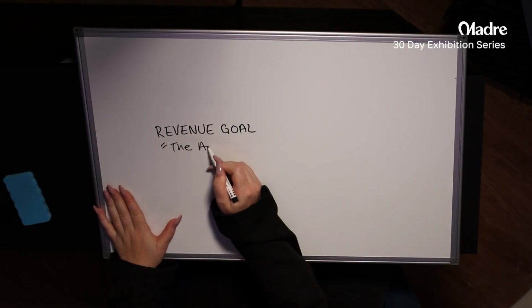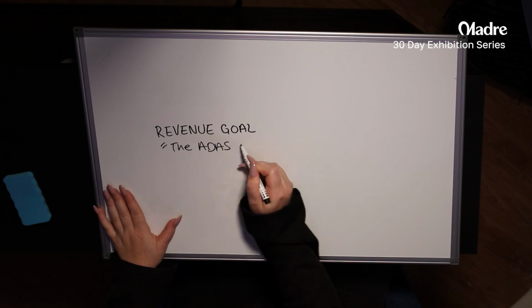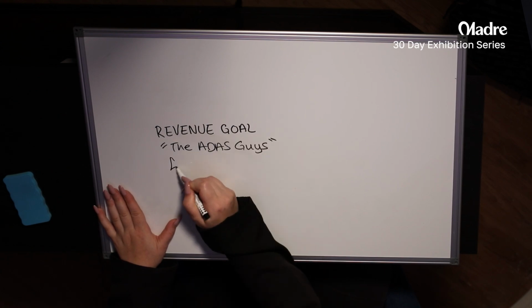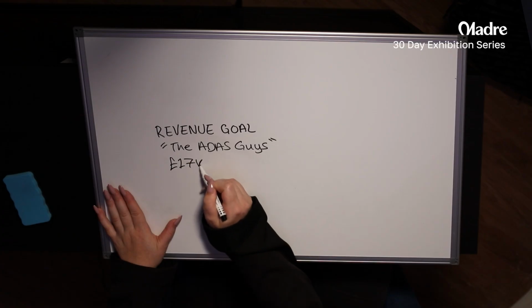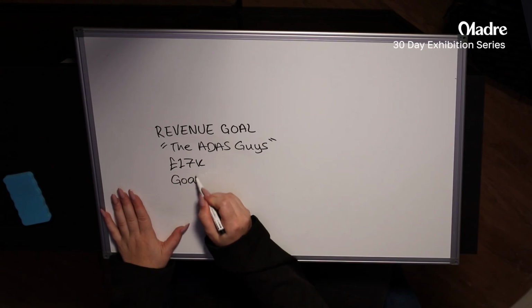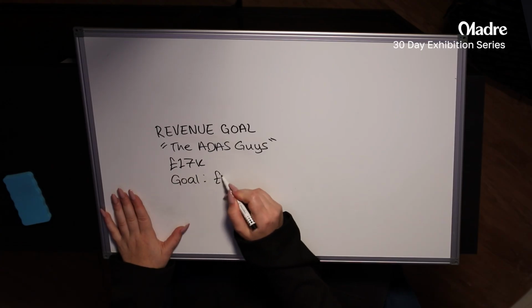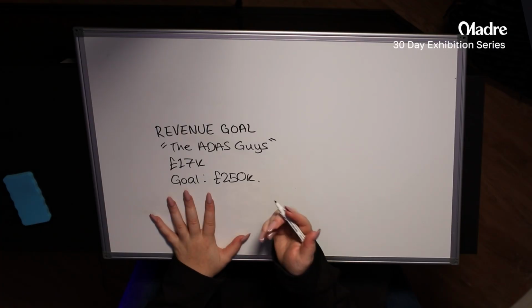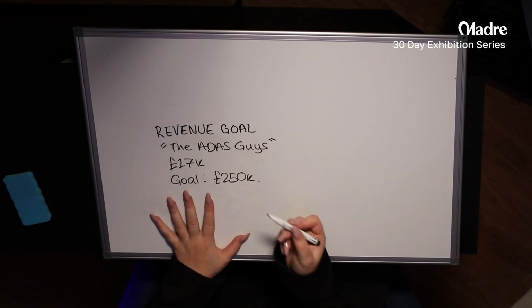the ADAS Guys, right? And the ADAS Guys are selling a kit for £17,000. They've got an offer with boards, training, etc. And their goal for this exhibition is £250,000. So when we have the numbers like this, they're quite clear that what we need to do is we